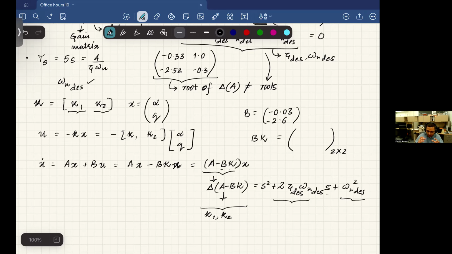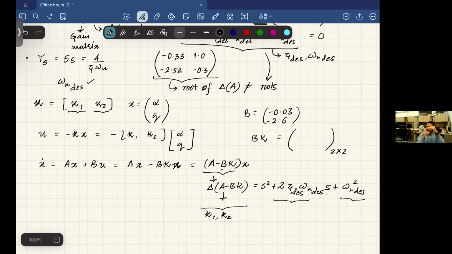So basically, what is the process of state feedback? You go ahead and look at the current roots of the system matrix. You find out the desired roots of the system, and then you implement the state feedback. Look at the new system matrix, which has entries in terms of K1 and K2. Find the characteristic equation of the new system, and this new system should have the same desired